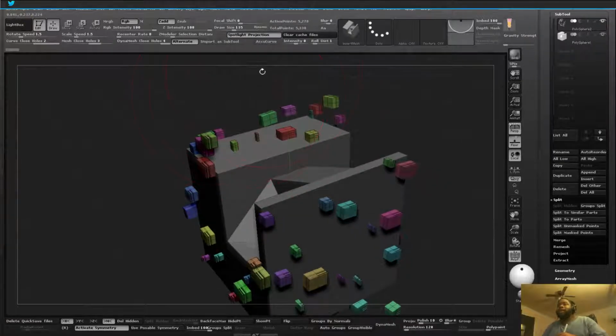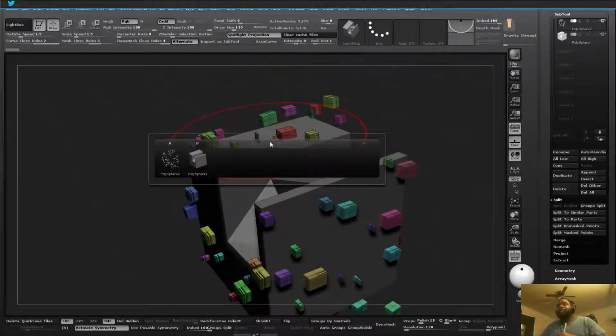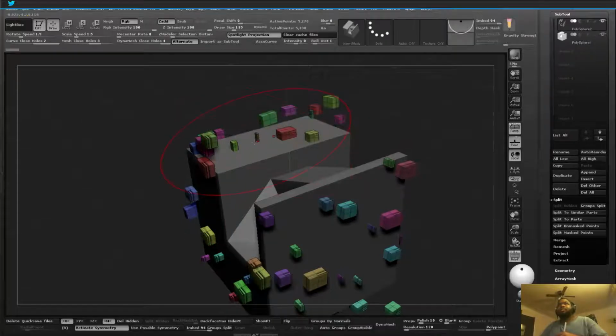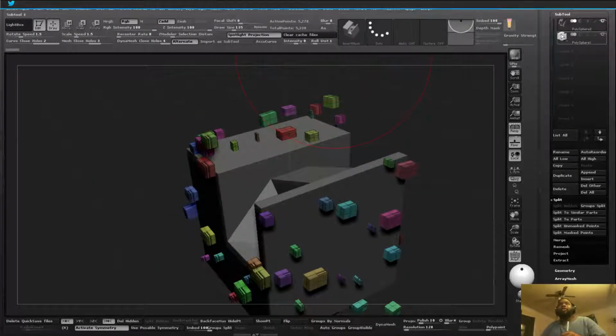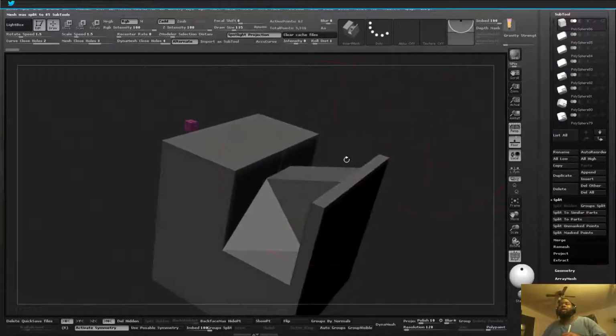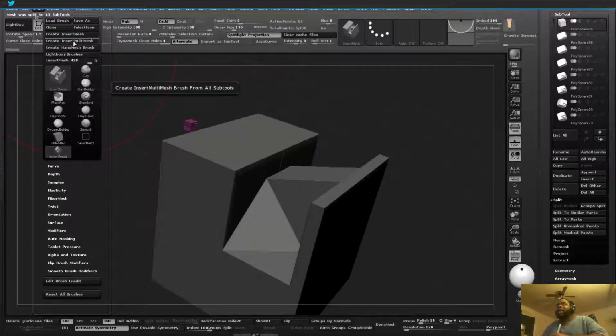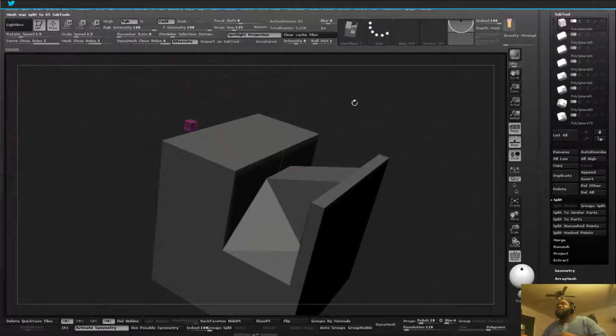Once we have the multi-mesh, that allows us to hit M, and then we can select the two meshes from our subpalette menu. If we wanted to, we can hit Split to Parts, and now it will split all those meshes up into parts. Then we go back to the brush menu and hit Create Insert Multi-Mesh, and then